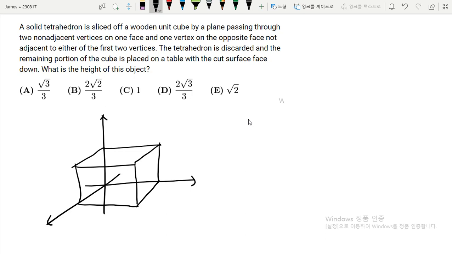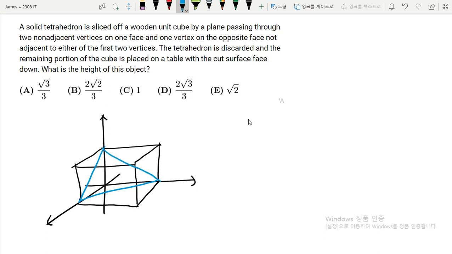So when we cut this unit cube, connecting these three vertices, we will have this plane,